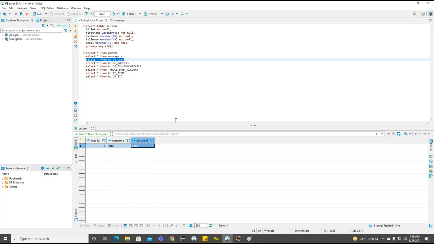Now if I'm going to run the same query, the user ID 1, username Hazel, and lock we are getting. Previously, what was the password we got here? Whatever the username we are having, the same username. But now we are getting the password lock here. So with the help of this particular lock method, we are able to come back to the persistent state here, which earlier was in the detached state here. So this is all about the lock method.